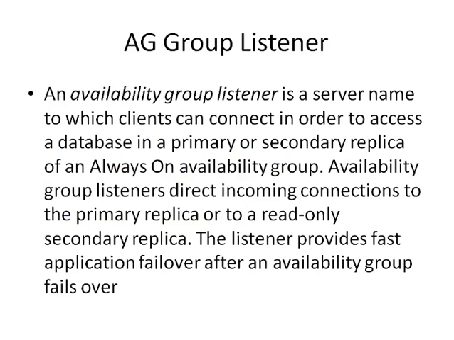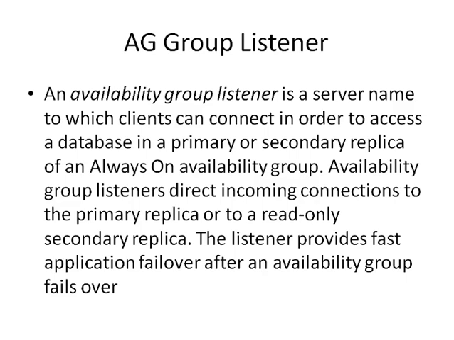So let's talk about the AG group listener. This is one of the important things that is a part of Always On. An availability group listener is a server name to which a client can connect in order to access a database in a primary or secondary replica. So what does that mean? That means that